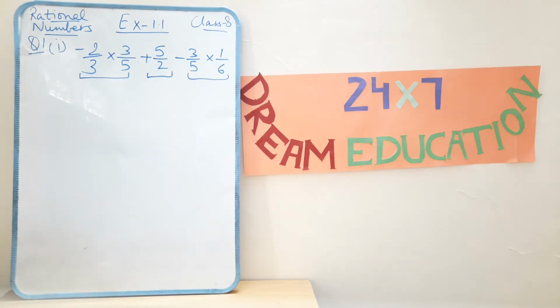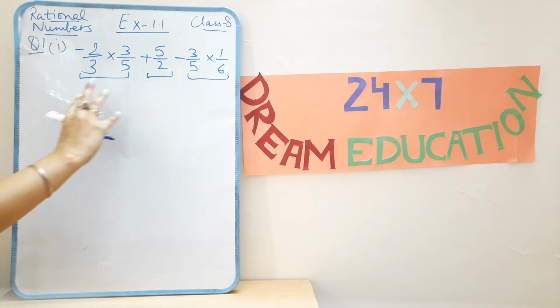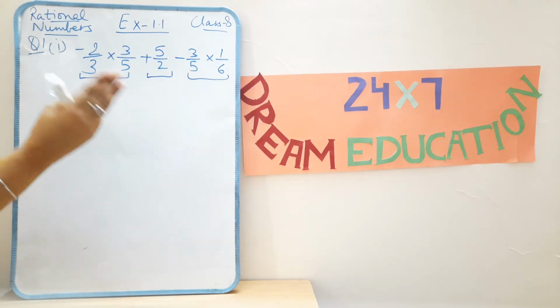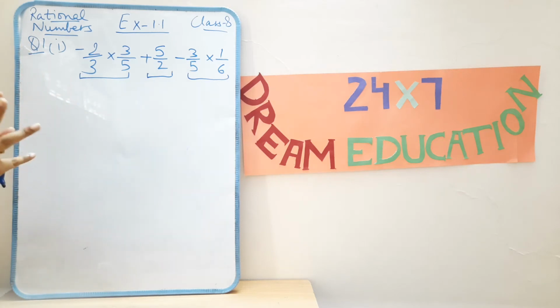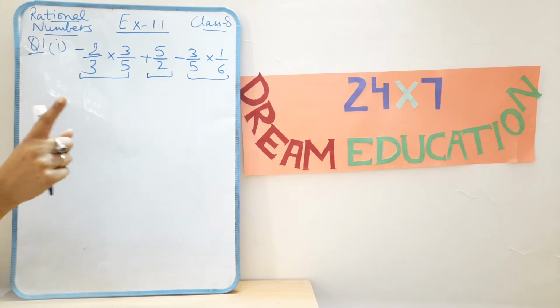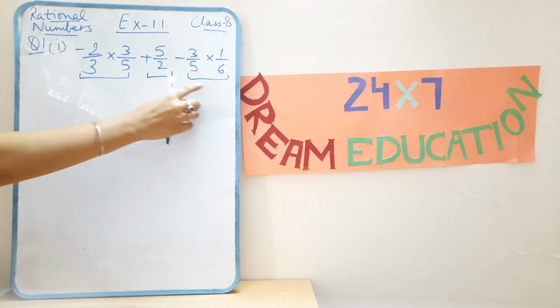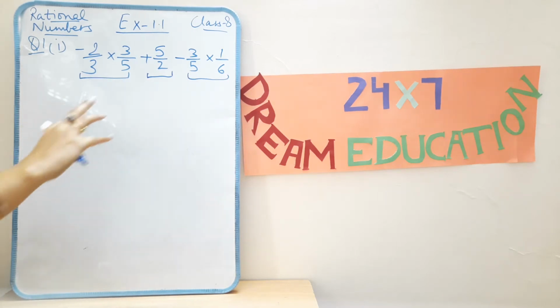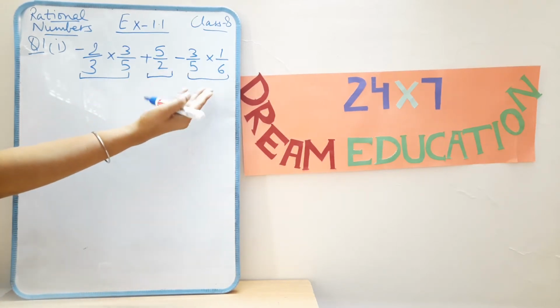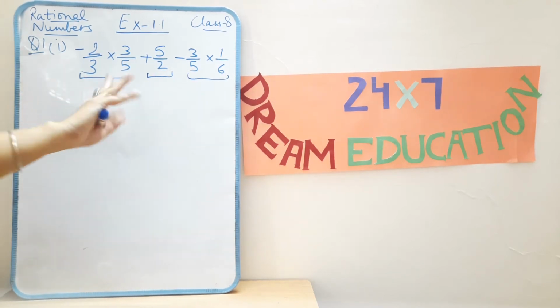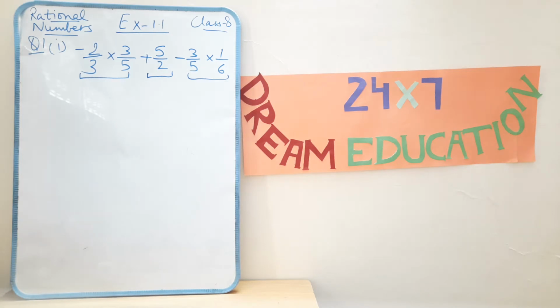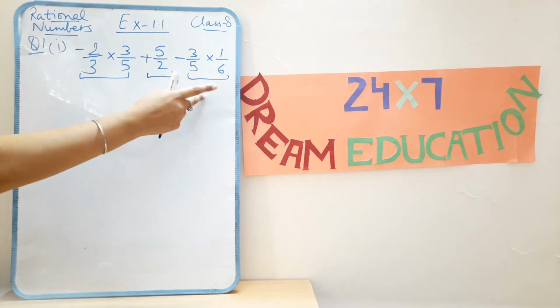Now what is the purpose of making the groups? I want to bring together two groups which have any one number common. If you see the first and the last group, 3 by 5 is in both groups. So I'll shift the second group in place of the third and the third in place of the second. This shifting is called the commutative property, which you studied in the last video. I told you that 2 plus 5 or 5 plus 2 will remain 7 only, so it doesn't make any difference if you change their position.